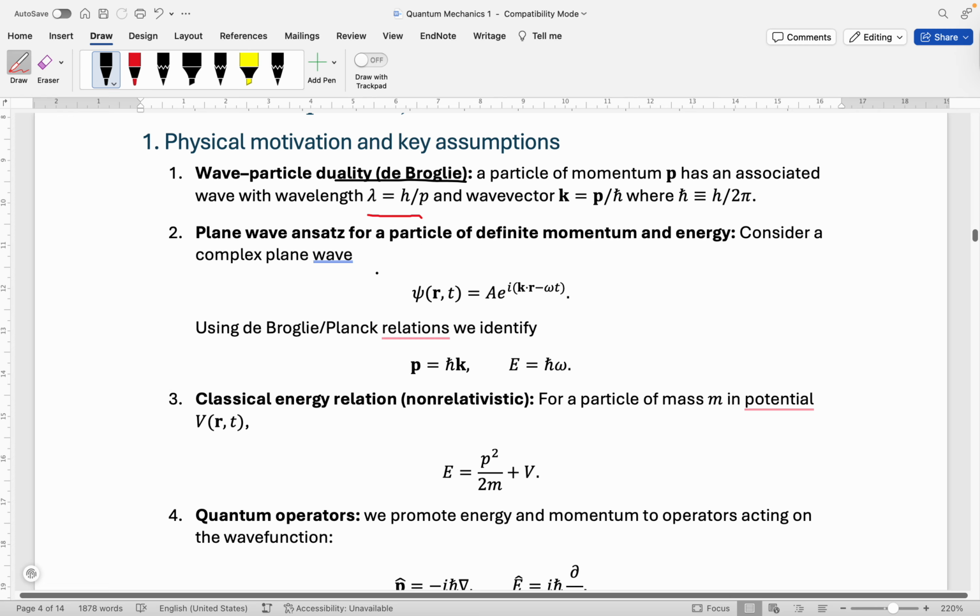So if we basically have a plane wave, it is any plane wave. Okay, it can travel from one point to another, so it is a plane wave. This equation in general can be written in this form: psi of r, t is equal to A e to the power i (k dot r minus omega t),